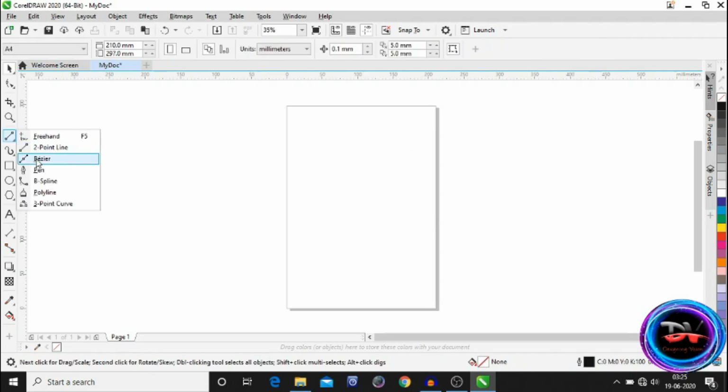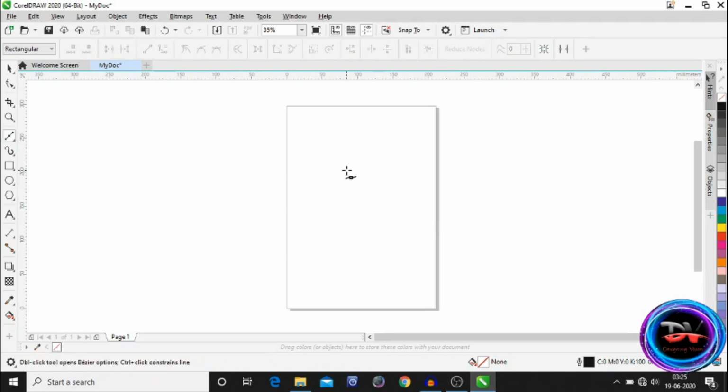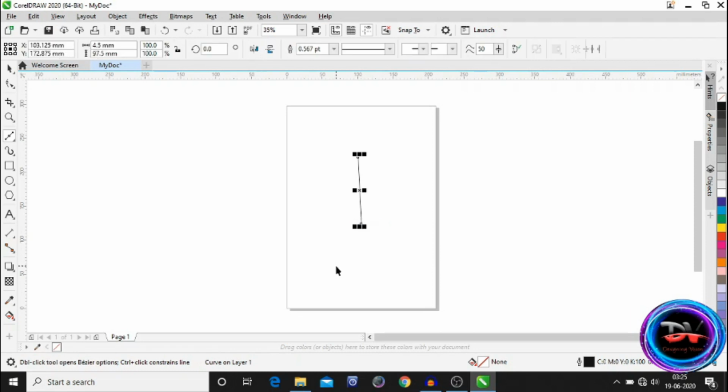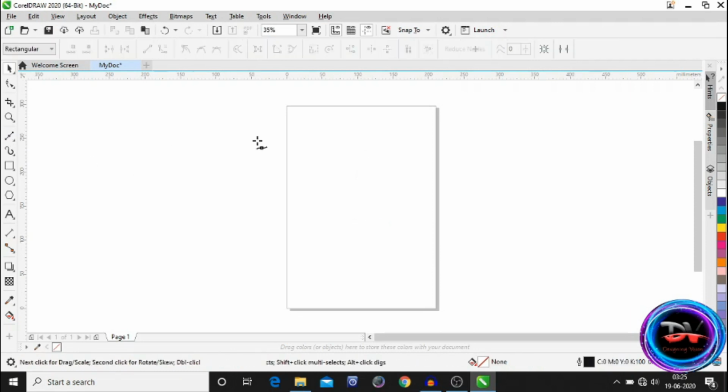Our third tool is the Bezier tool. It is used to draw curves one segment at a time. Or to be more precise and understandable, we can draw lines and curves both together. In this, you can draw lines by marking points only, and curves by holding the mouse and dragging it further for more curve in nature, like this. If the distance is short, a short curve will be there, and if the distance is long, then more curve in nature will be there, like this.